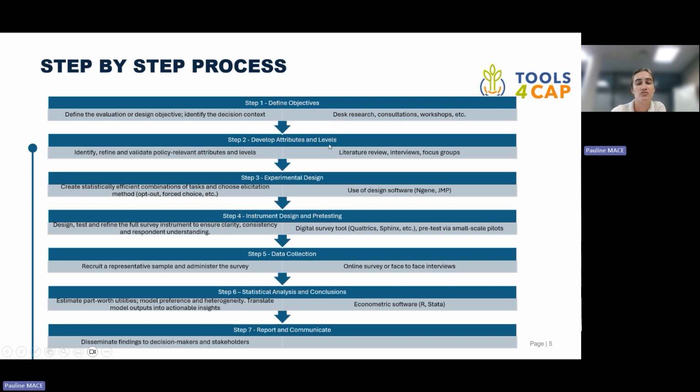So at this step, it's really important to include experts' inputs, which can be done through literature review, but also what's usually recommended is to organize interviews or focus groups and to really make sure that you capture what really matters in farmers' decisions. So once you have defined all the attributes and the different levels that they take, the next step will be